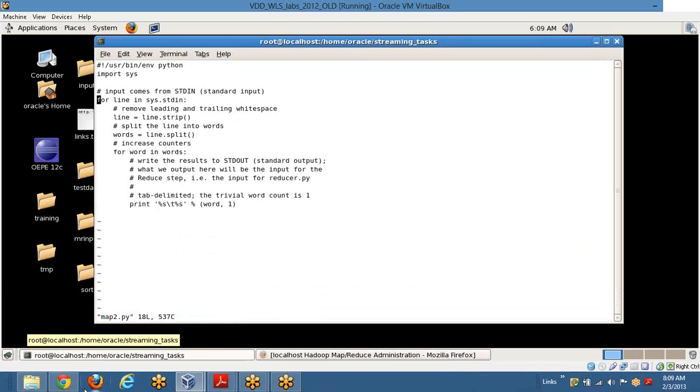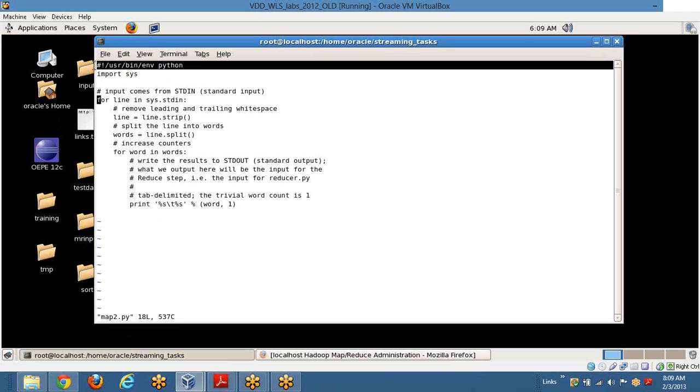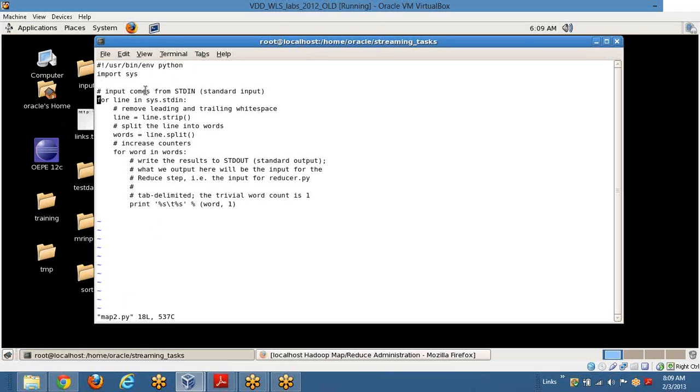You're using simply the executable specifying the execution path for Python, and then for each line in stdin, you are first stripping that line of any white space that you don't want to count, and splitting the individual words coming in that particular line